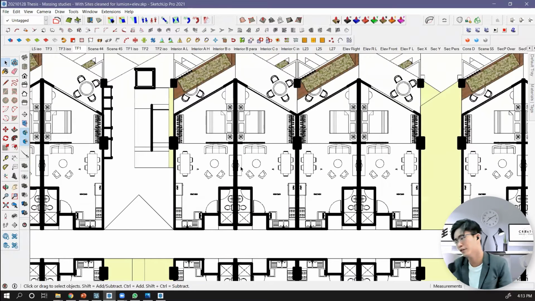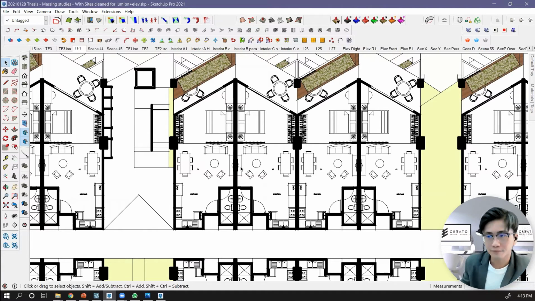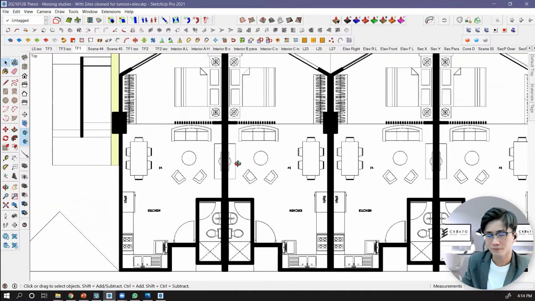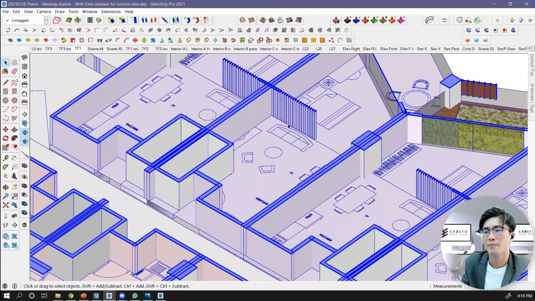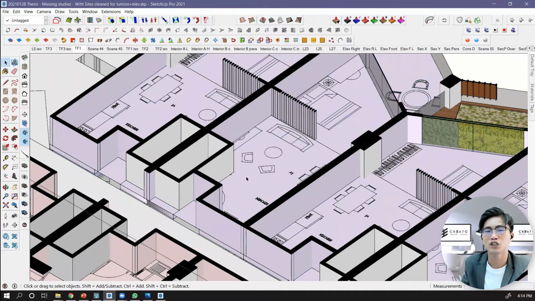Okay, but now another option that I know you wish to know is if you want to do it in SketchUp, you can see I group my furnitures and then place them here. Yeah, so those furniture can be imported from AutoCAD or what. Of course, you can draw in SketchUp also, but if you have already the furniture library, your collection in AutoCAD, you can import them into SketchUp and then copy and paste them here.